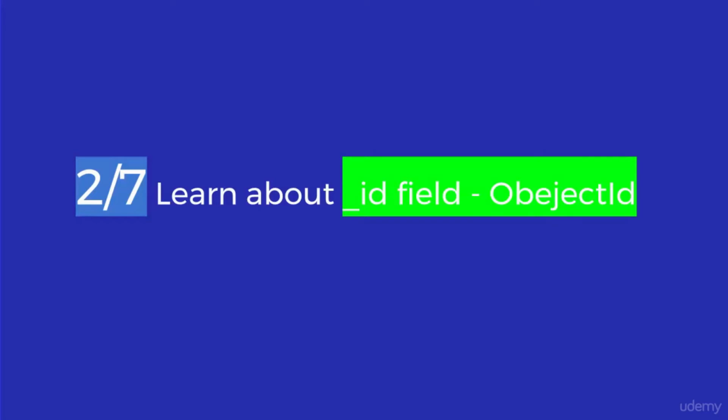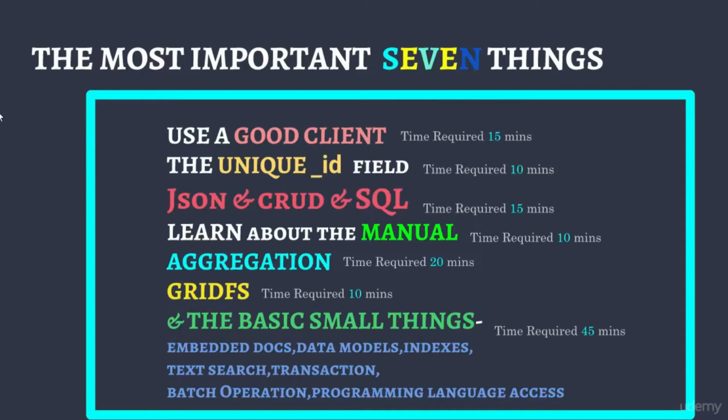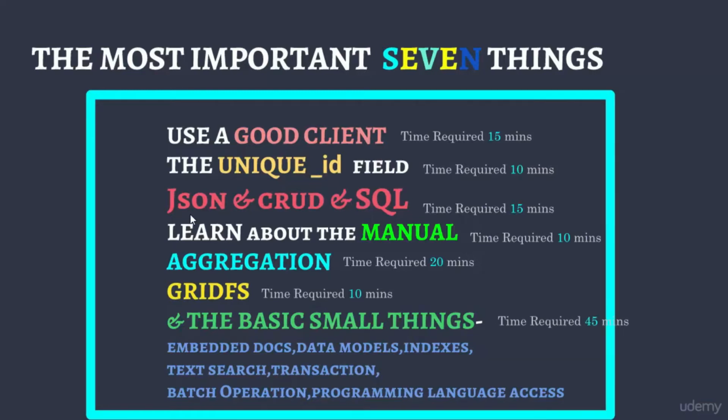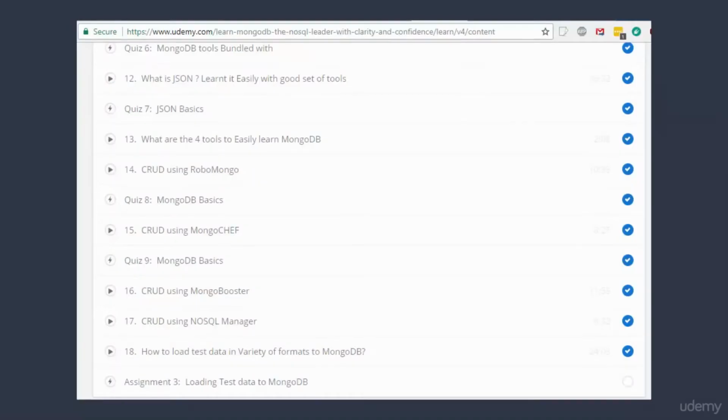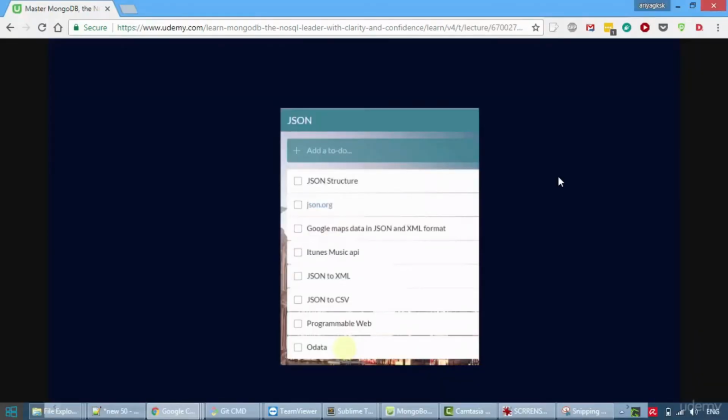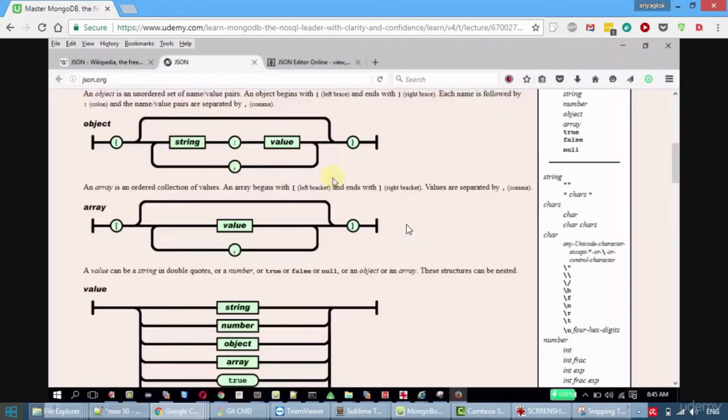Just learn about that, it's important. In MongoDB, a document is a JSON content. So this is very important. JSON is easy. Most of you might have known about it already. We have a separate section about JSON and we are covering some of the tools like XML to JSON converter and JSON generators. You can easily understand about JSON from this page.